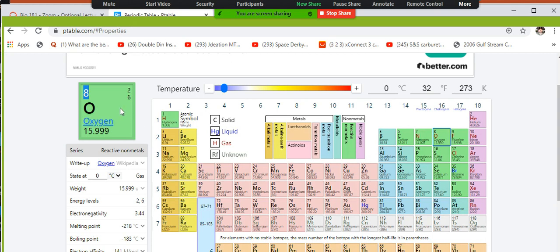And that's going to be really important because, in order to predict reactions, we need to know the number of protons and the number of neutrons and the number of electrons. So to make this thing electrically neutral,